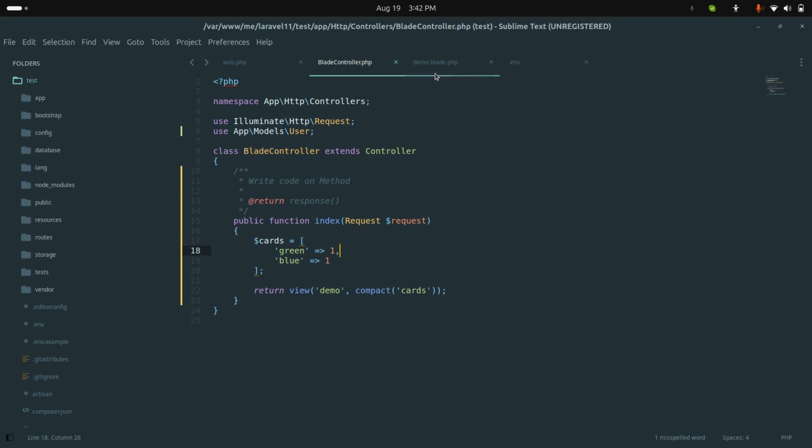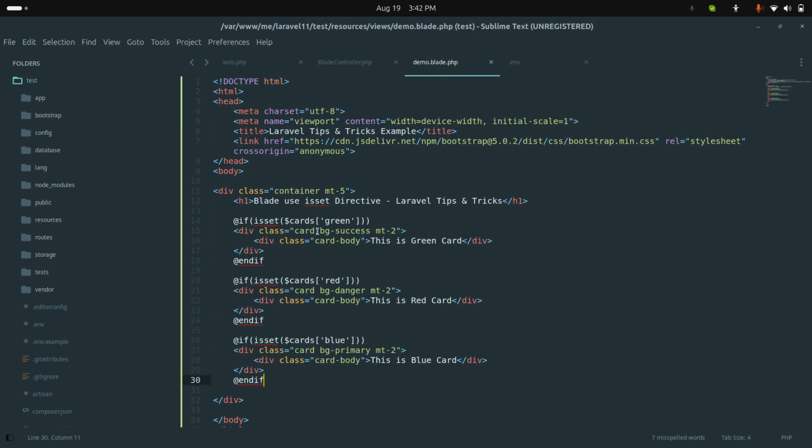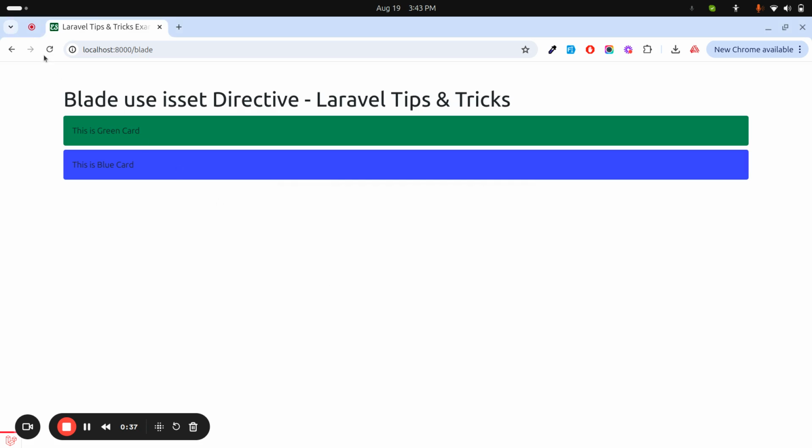That means if I go to the blade file, if green is set on the cards, then the green card should be displayed. If red is already set on the cards variable, then the red card should be displayed. If blue is set, then the blue card should be displayed. So right now, if you refresh, you can see that the green card and blue card